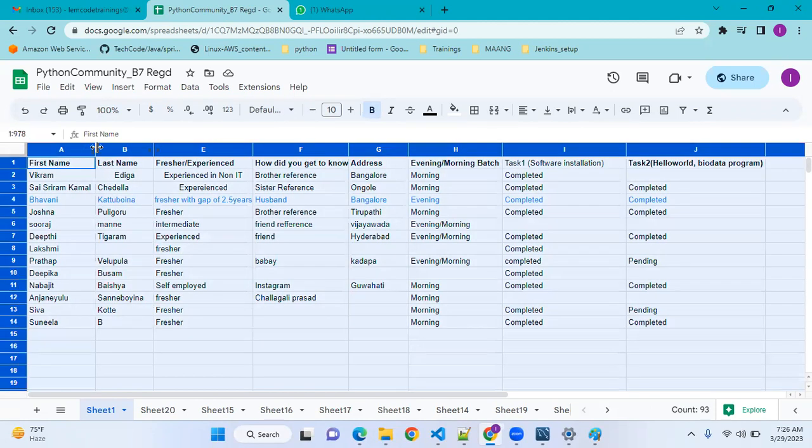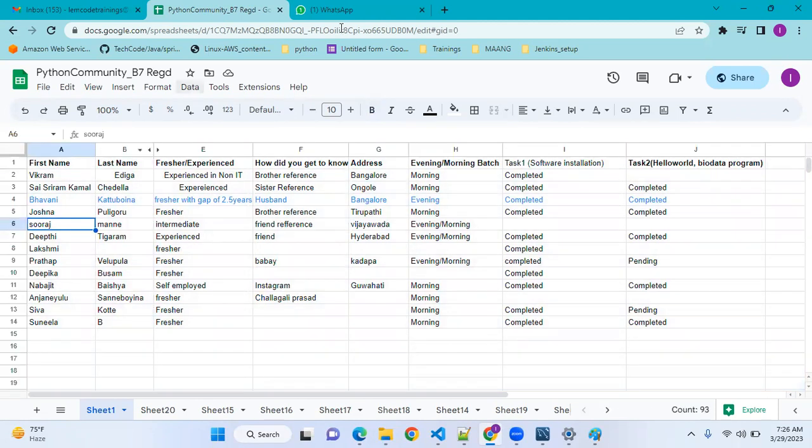But if I delete something from here, it will be deleted, and if I miss some data, we don't maintain a history. It is not a permanent storage.